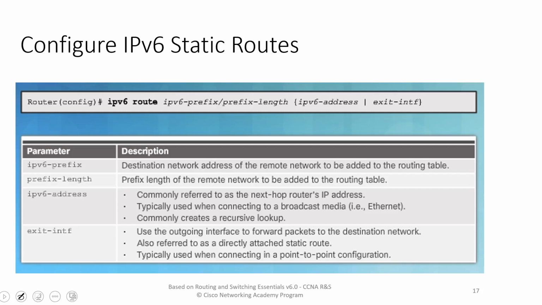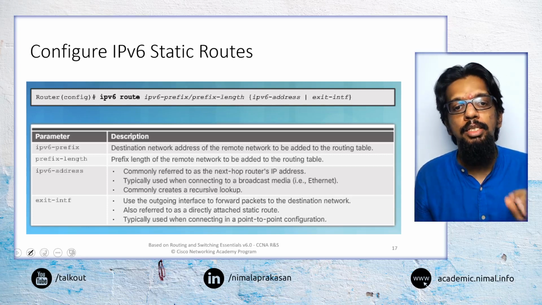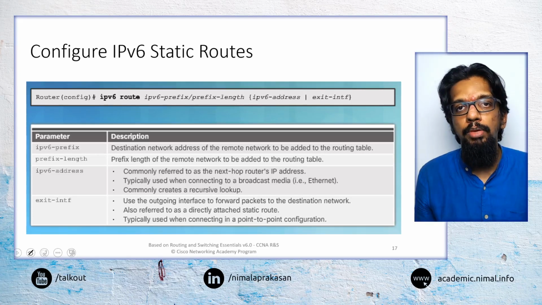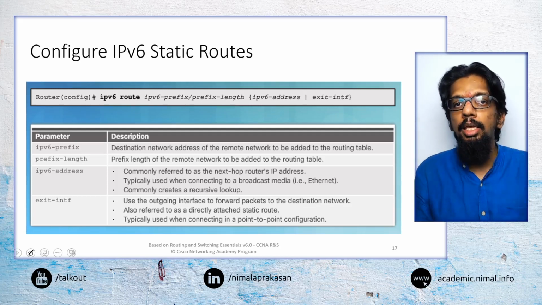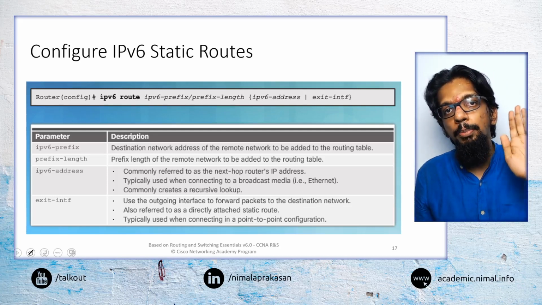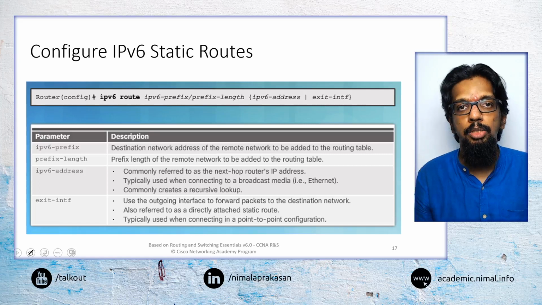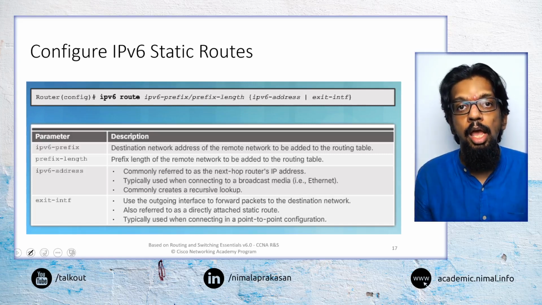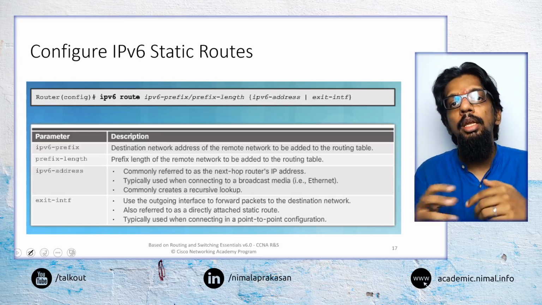So now we will briefly touch upon how we can configure IPv6 static routing. It is largely similar to IPv4, but these two protocols will run separately in a router. So in a router, IPv4 routing has to be configured separately and IPv6 routing has to be configured separately, and both of them can exist in parallel, and both of them can be configured in different ways if we want.